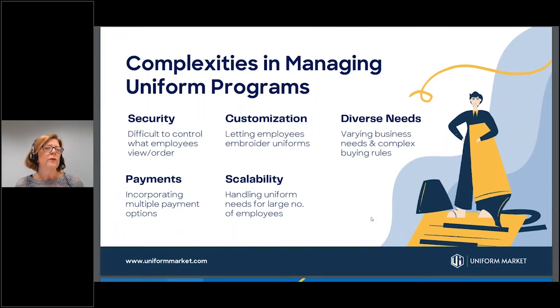When we did things manually, it was so much harder to control a uniform program. And with e-commerce, we're streamlining everything. So an employee's login shows them what they can buy. That's it. All the guesswork is taken out. So what is that security? It is controlling a product based on a job,